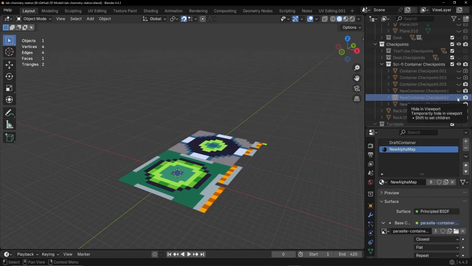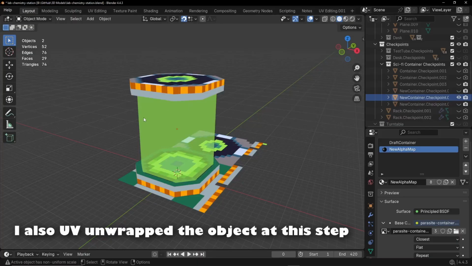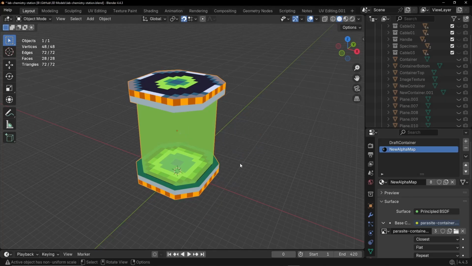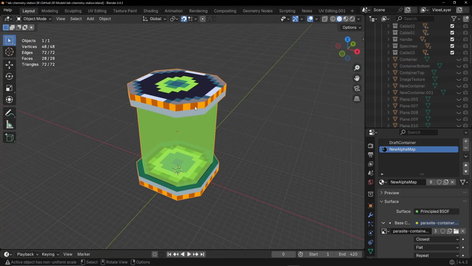So after creating the model, I attached the image to the material of the object and boom, a really ugly container. So now I just need to fix up the texture because this doesn't look quite right. And it also doesn't match the test tube at all. But the good news is now I know the size is all figured out and adjusting it won't take a bunch of refactoring. So I can actually just hide this image texture and just work on this object and the